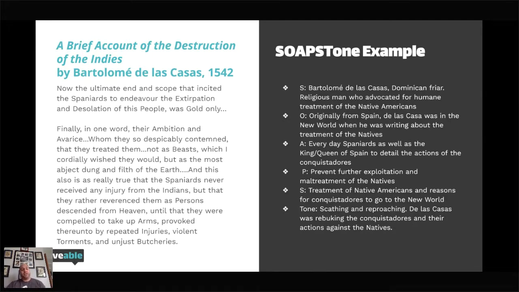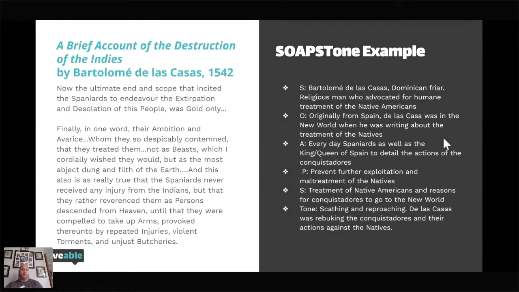Other things is when your teacher gives you homework that has pictures or documents, or it's got charts and maps. Use the AP parts and the SOAPSTONE, even if it's not required for the homework. The practice helps you get better, right? I know I've said this over and over again. I'm going to repeat it again. The practice helps you get better, okay? Practice, practice, practice. All right, so with that, let us move on to our HIPPO.